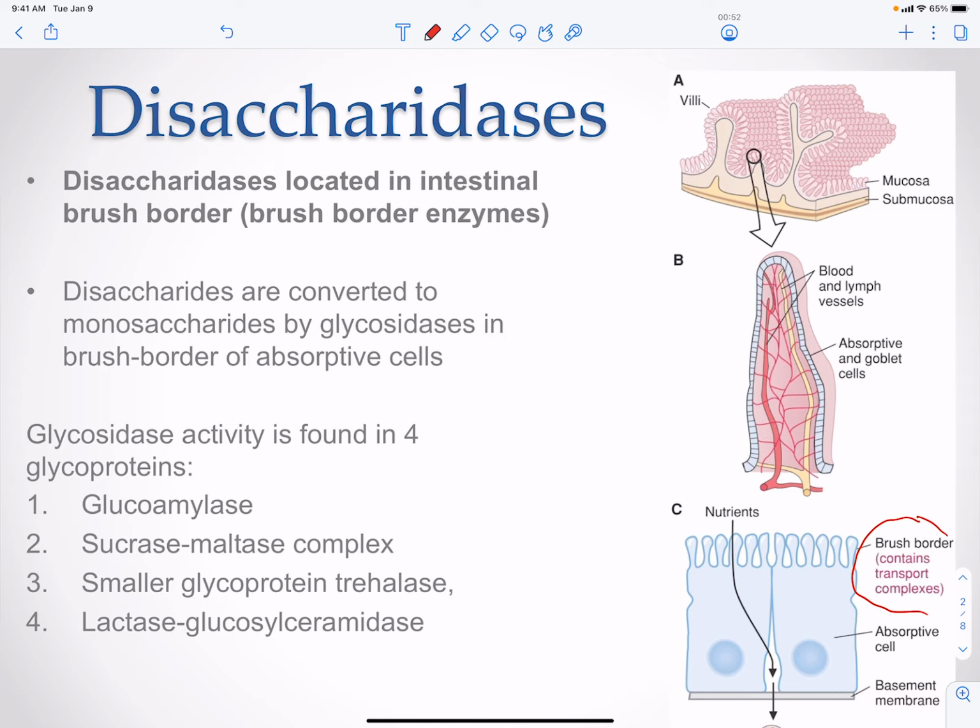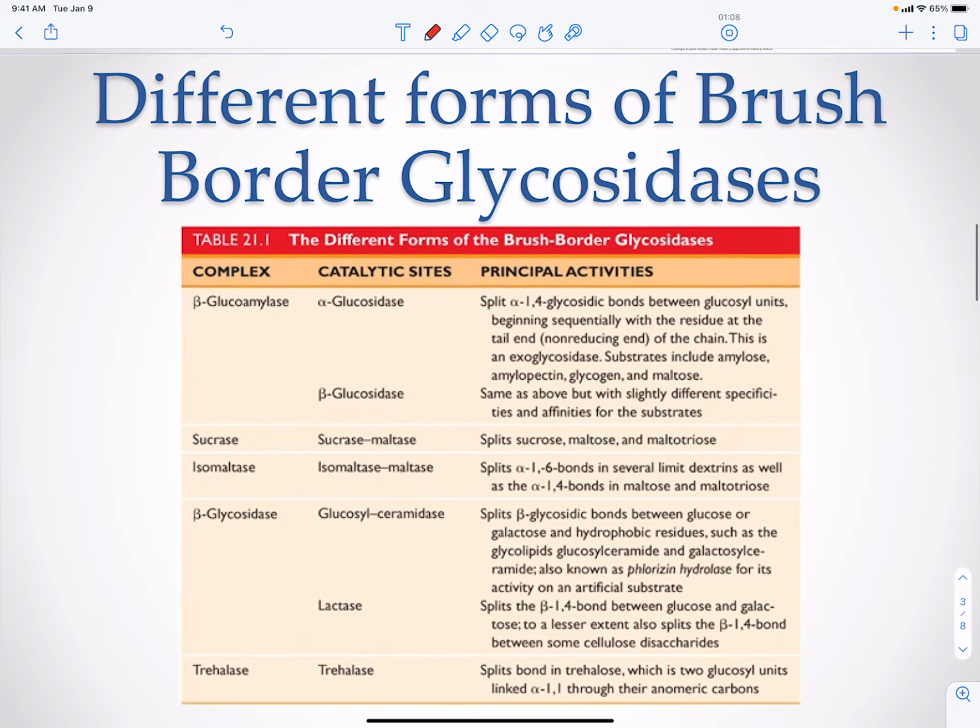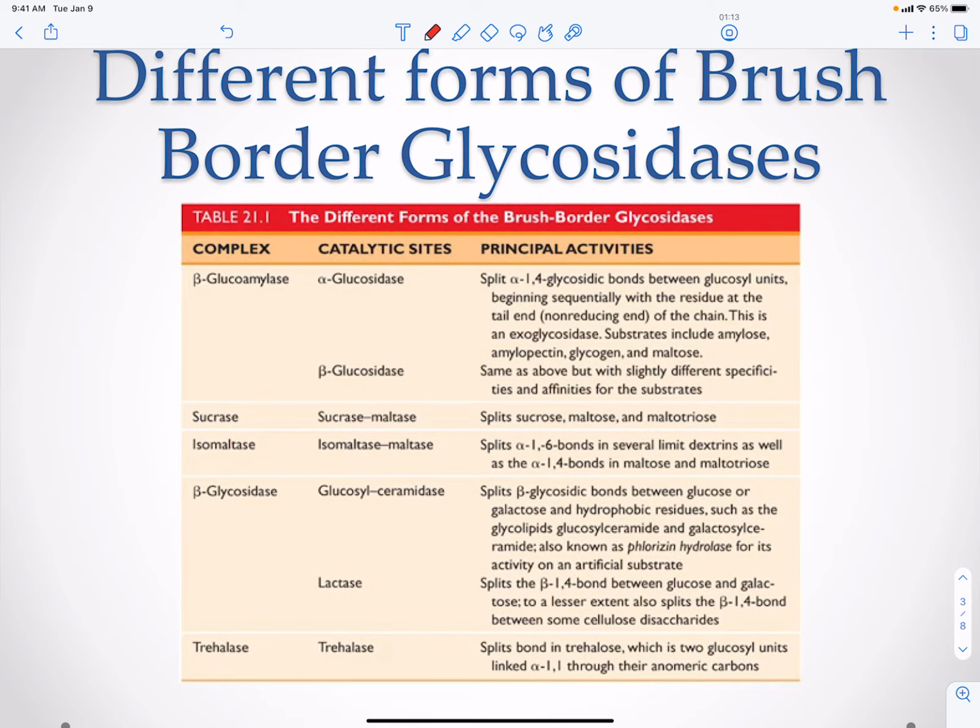Glycosidases that we're going to talk about are going to be in 4 different glycoproteins. We have our glucoamylase, our sucrase maltase complex. We have something called our trehalase, and then a lactase glucosyl ceramidase. So this is just a table that talks about the different complexes and what they target. And so we are going to have our beta-glucoamylase, and this is going to work on our